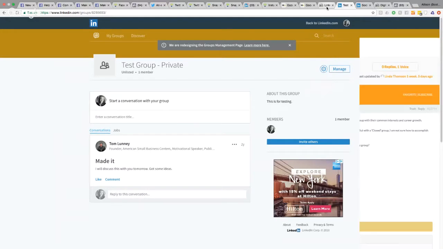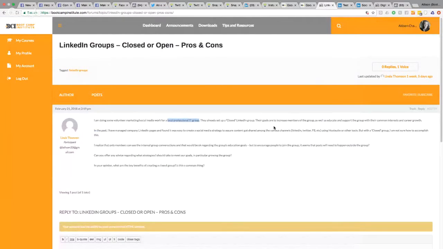So great question. Basically, Linda, what I would recommend for you here is consider making this a standard group, because unless there's something that's really super secretive, like you can't allow other people to see maybe who's in the group or who the admins of the group are, I would really seriously consider changing it to a standard group, because you're going to have a lot more opportunities open up for you in order to grow that LinkedIn group.